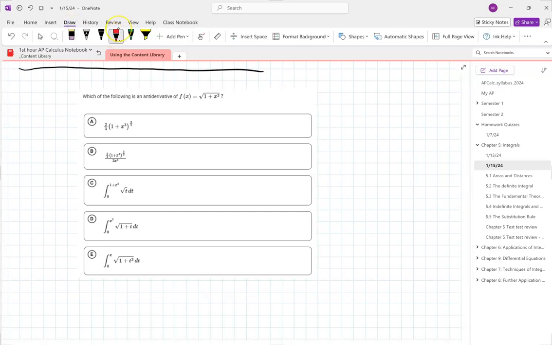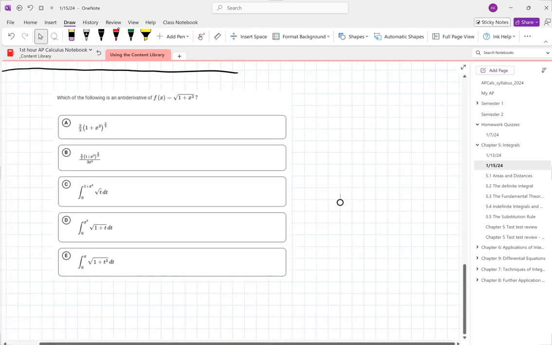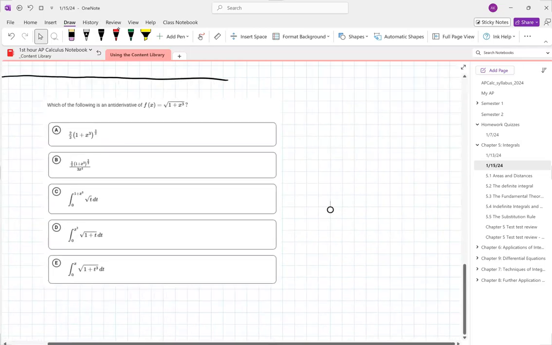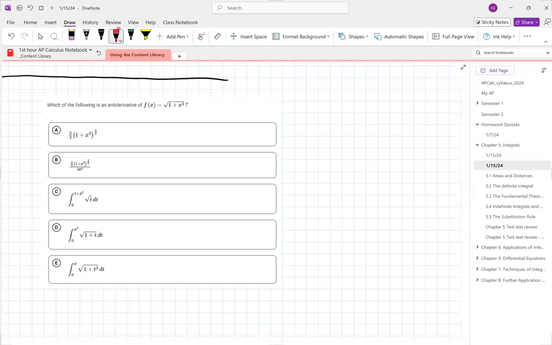So we know that this is basically just asking us to do the fundamental theorem of calculus. So the fundamental theorem of calculus,